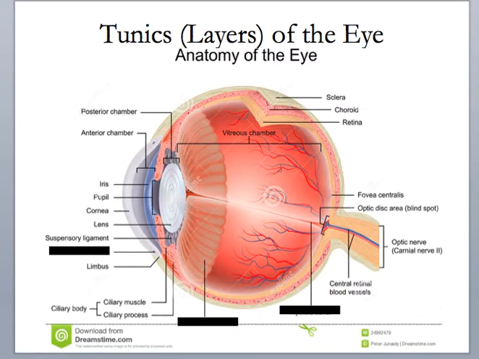So with the eye, there are three major tunics meaning layers, and there's an outer fibrous tunic, a middle vascular tunic, and an inner nervous tunic. Okay? And so this outer fibrous tunic is made up of two major components. The anteriormost, which is right here, this is the cornea. This is the cornea. It's kind of bubbled out. And the cornea is